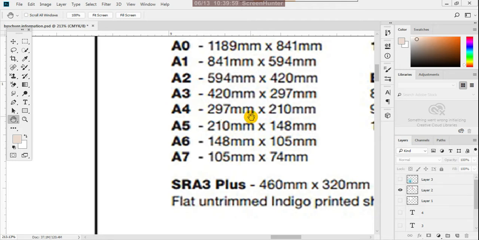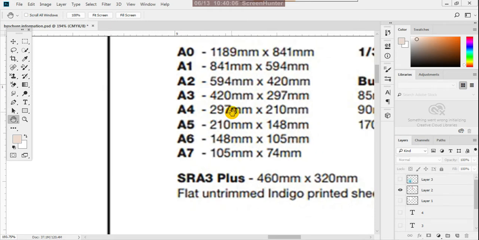A4 size dimensions are 297 mm into 210 mm. Again half of the A4 is A5. If we fold that A4 size paper exactly in half, it becomes A5 size. A5 size is generally used for pamphlet and flyer designs.